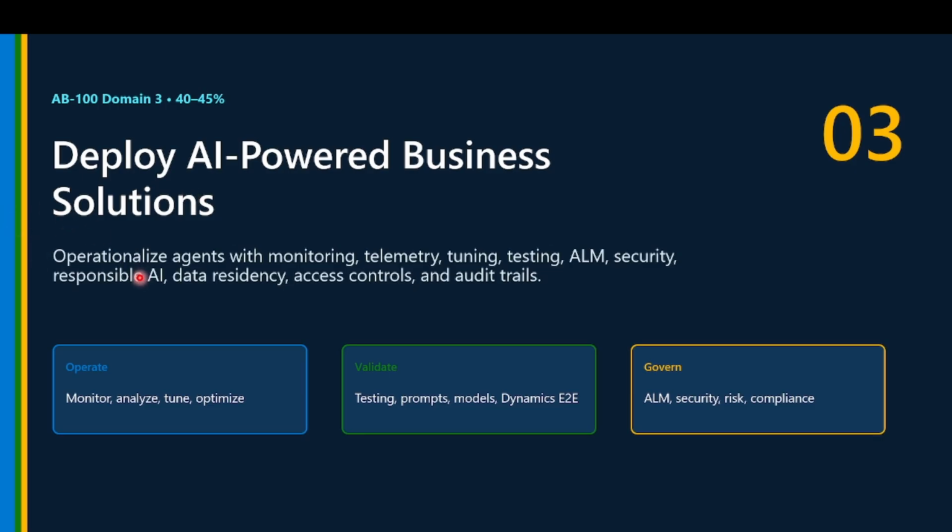So this section deals with operationalizing agents with monitoring, telemetry, that's monitoring using Azure Monitor, telemetry using Application Insights, and analytic insight on Copilot Studio, or tuning, from observability metrics, testing, in Microsoft Foundry and Microsoft Copilot Studio, ALM, which is application lifecycle management, particularly on Power Platform applications, using Power Platform, the Cloud Adoption Framework, and security, role-based access control, least privilege, data minimization and anonymization, PII reduction, and encryption of data, responsible use of AI, accountability, fairness,